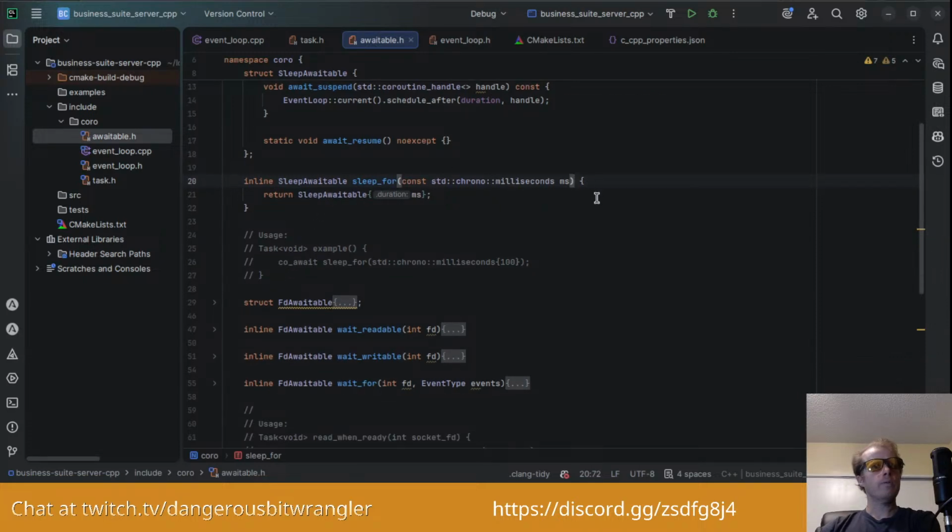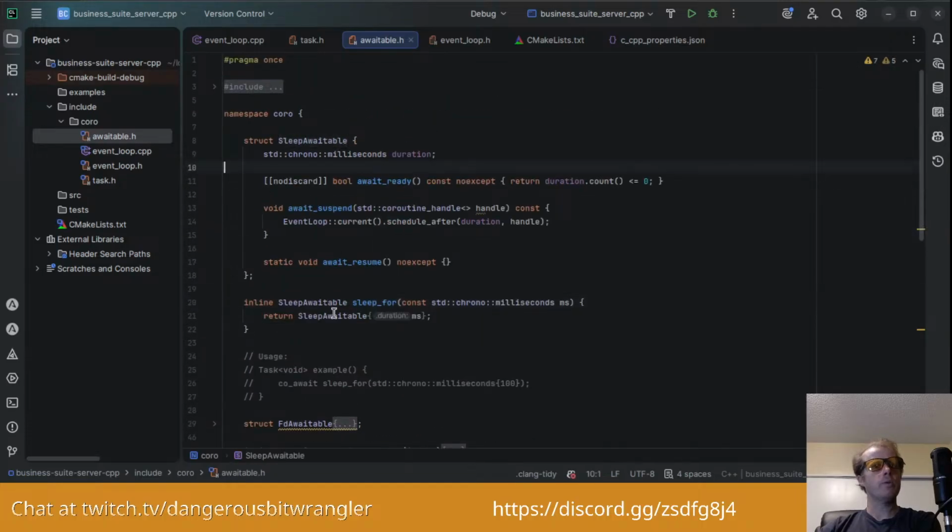Sleep for, and then you pass in some milliseconds. It returns a new sleep awaitable, and it gives it a duration.